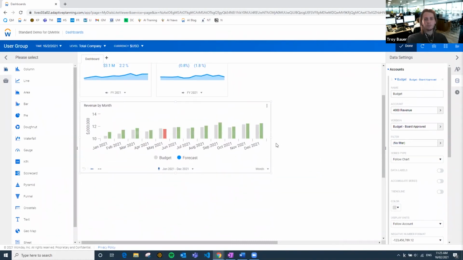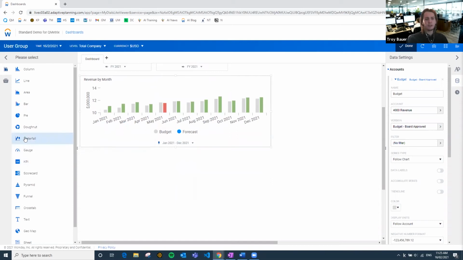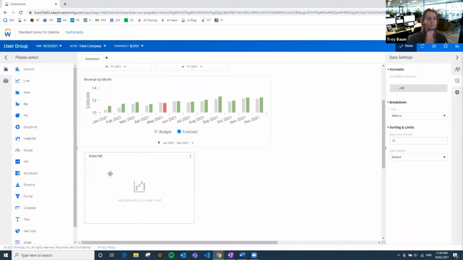I'm going to move on to our final graphic, and that is a waterfall chart. It seems to be everyone's favorite chart. A lot of people tend to use it in Excel. It can be difficult to set up, and it might be the most complicated graph to get your heads around in Adaptive as well, just by the nature of it. But basically what a waterfall chart does is it takes an initial value, displays it on the left, and then it has a final value on the right, and it explains the movements in between, to explain how you got from an initial to a final state. So we're going to try and replicate that in this chart here.